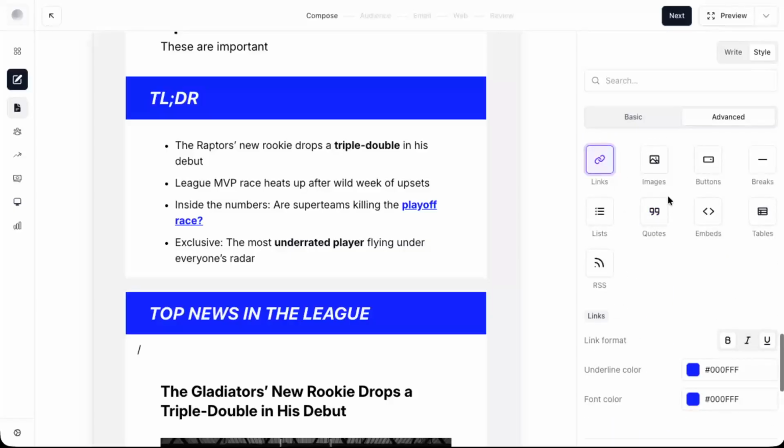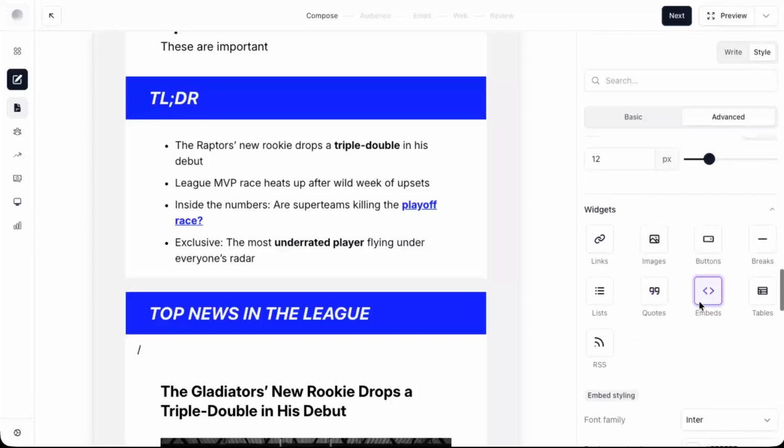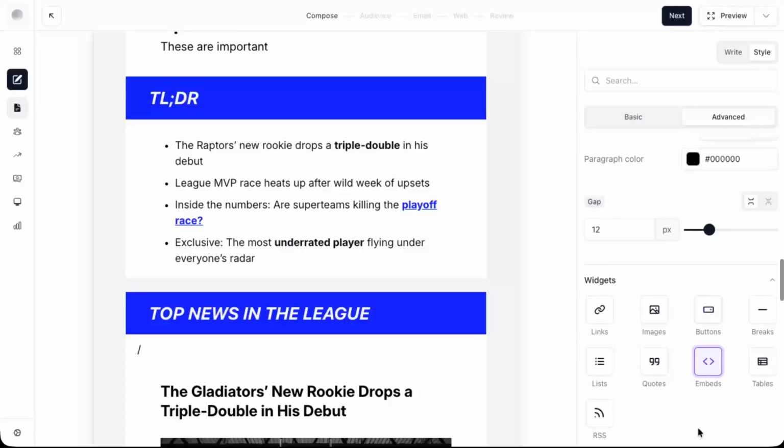Once you've gone through these areas and adjusted the content, colors, typography, spacing, and sections, your Beehiiv newsletter design should be fully customized and ready for testing, previewing,